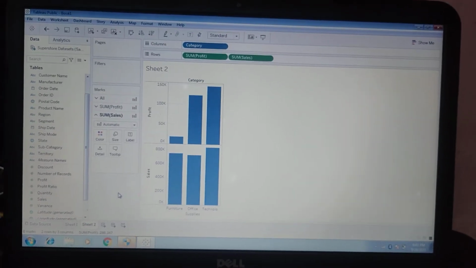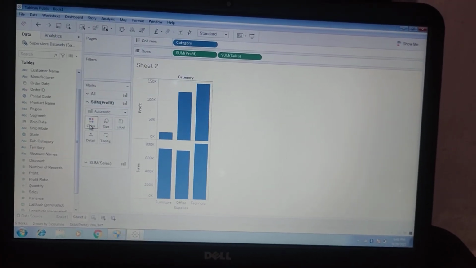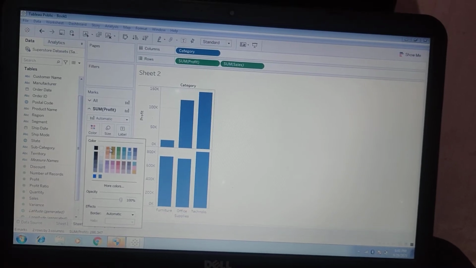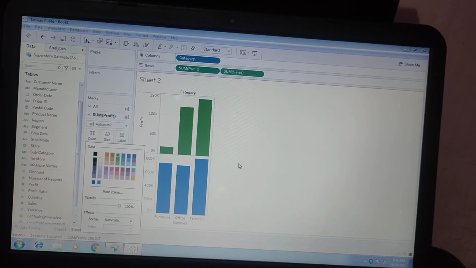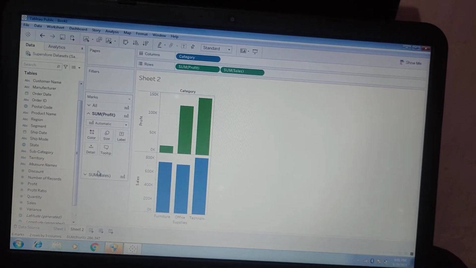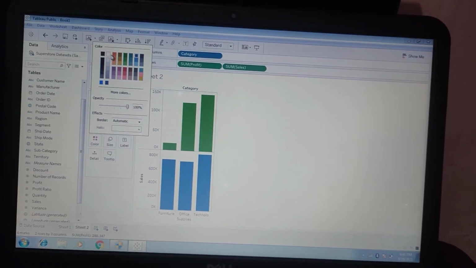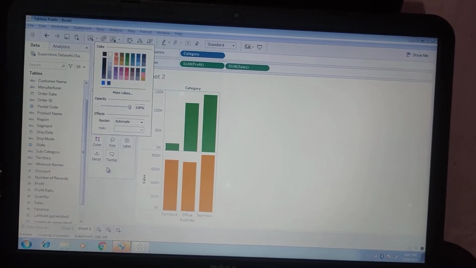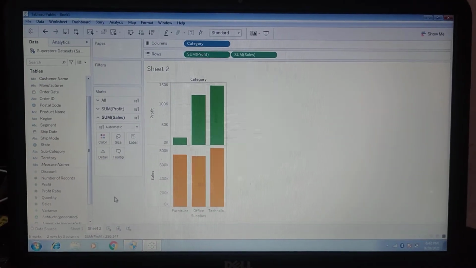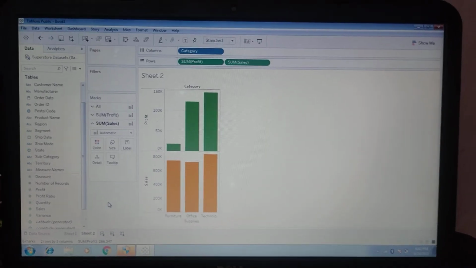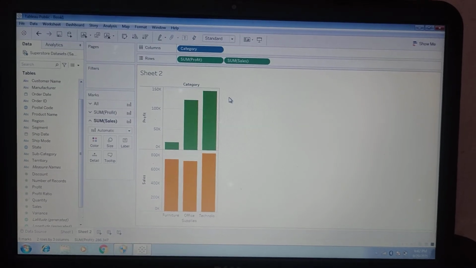For that, click on the drop-down for profit in color and select green for profit, because we also have green and orange in our map view for profit and sales, and we can change the color to orange for sales. You can select any color you want. So this is our bar chart by category for profit and sales.